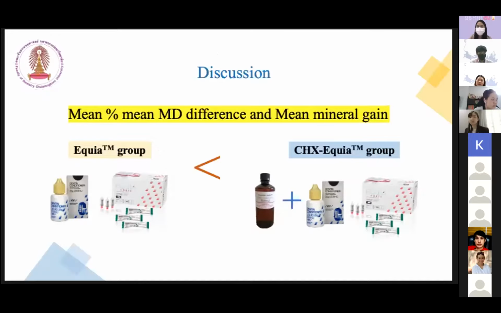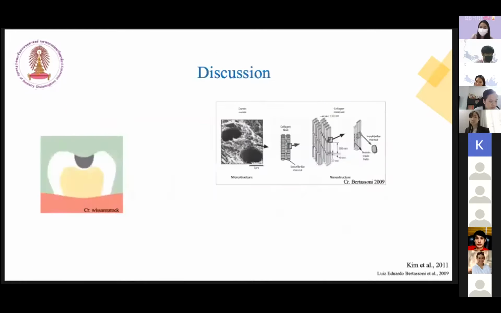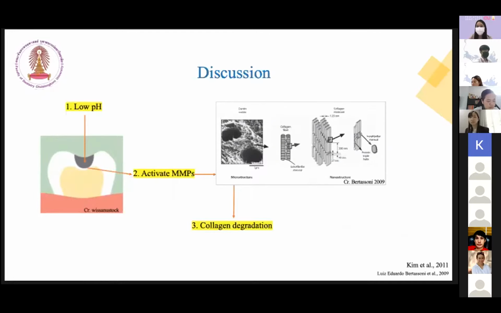This effect is related to some chlorhexidine properties. Chlorhexidine acts as a barrier to the dentin surface by neutralizing the dentin surface, which was treated by acid conditioner. Pathogenesis of dentin carious lesion originates from dissolved minerals when pH is critically decreased. Then, bacterial acid production stimulates matrix metalloproteinase activation to degrade collagen fibrils of dentin. Chlorhexidine is shown to inhibit matrix metalloproteinase activity, which can protect the collagen cross-linking of the true structure